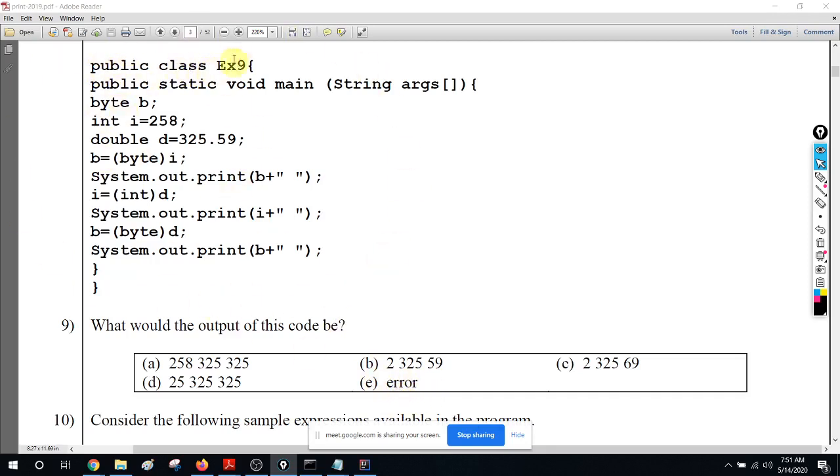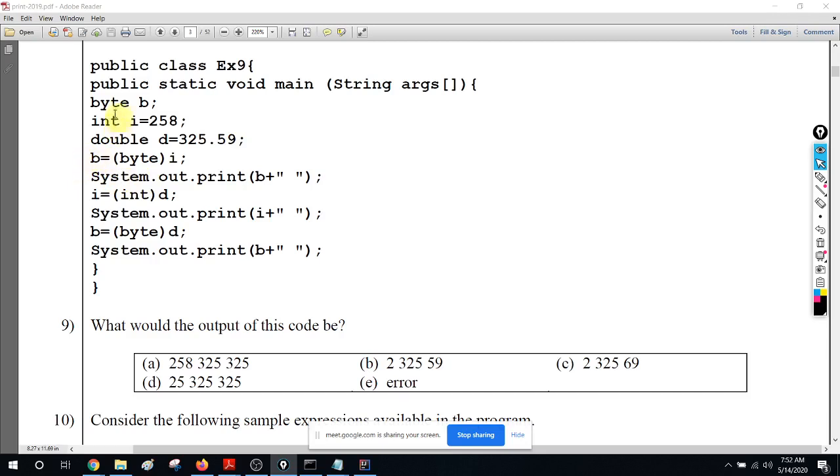So public class, public static void main(String[] args). Then they are declaring some variables in the main method: byte b, int i = 258, double d = 325.59. Because it's a double, you don't need any prefix to denote the literal.